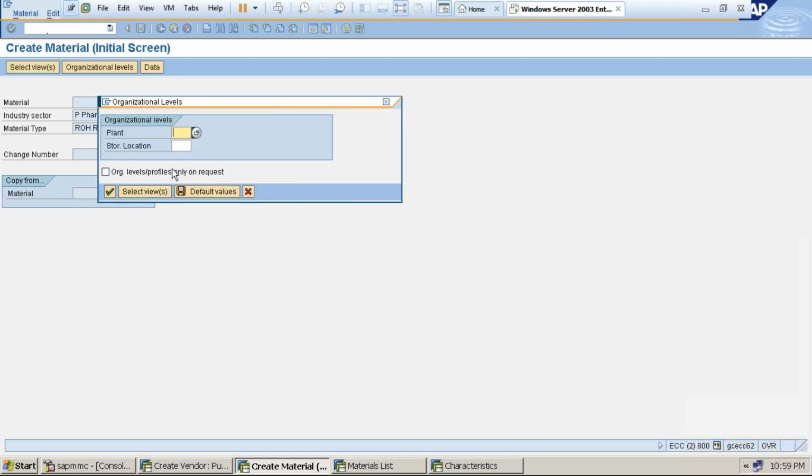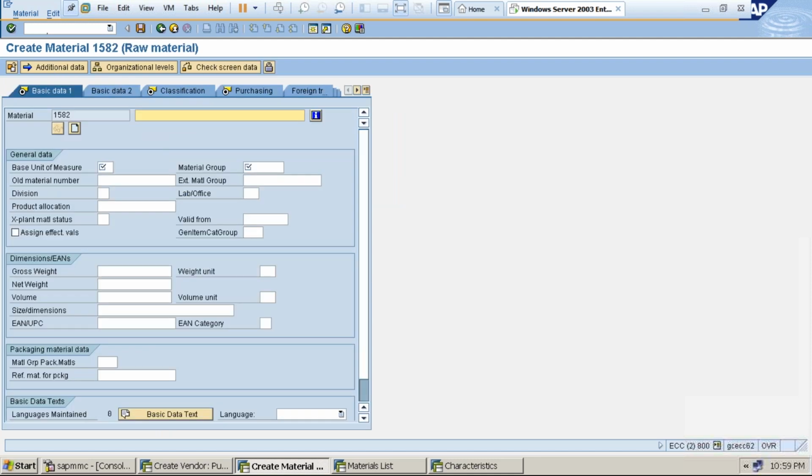Okay, click enter. Let's say plant I'm taking 3000 and storage location 0001. Now I'm trying to create a phosphorus only or sulfur. Sulfur also has thickness, I need this. So what I will do, unit of measure kilogram, here 004. Now I'll click this, click enter. The system will take me to